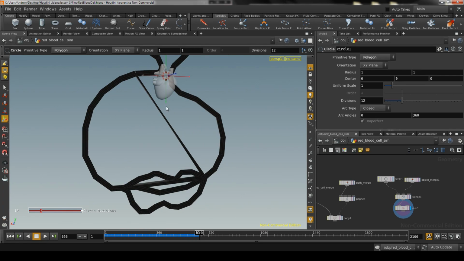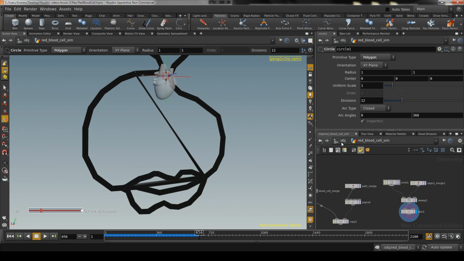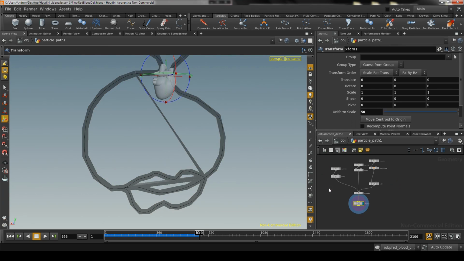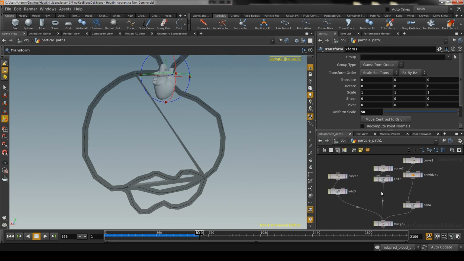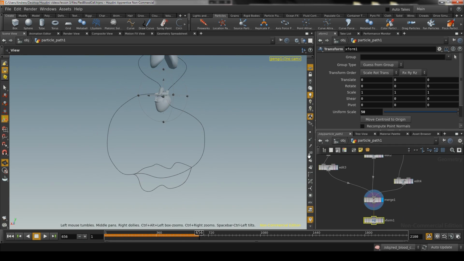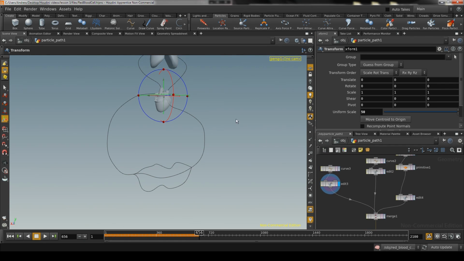We need to do something to fix this weird stretching that's going on, and you're probably wondering, why is this weird stretching going on? Well, that's because this particle path here is actually made up of several different curves. So if we look at it here, we've got a curve